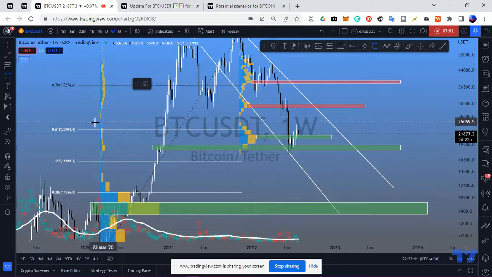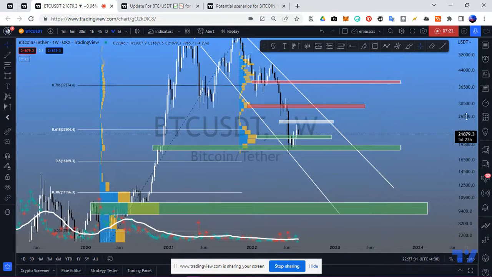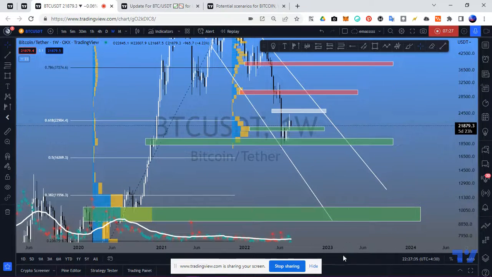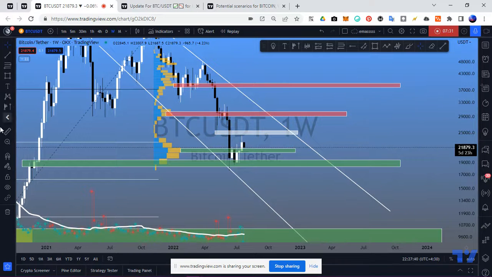As you can see, this kind of volume gap doesn't have any significant volume, for example, around here. If I drag a rectangle and change the color to blue, to white,